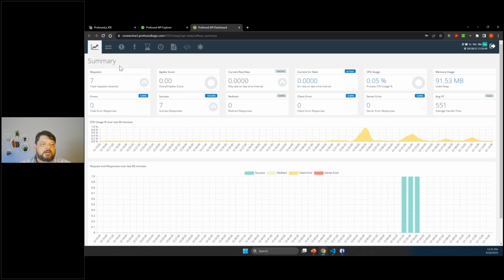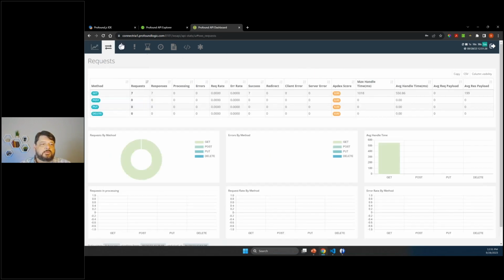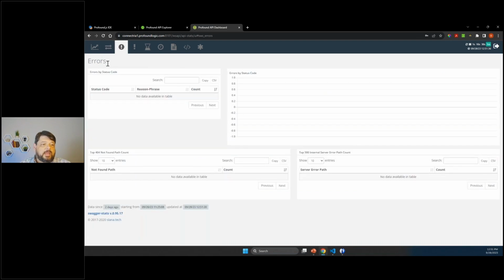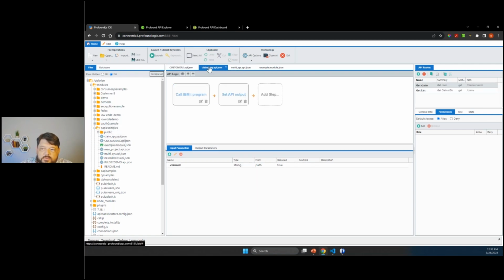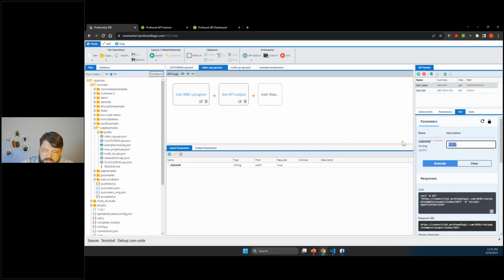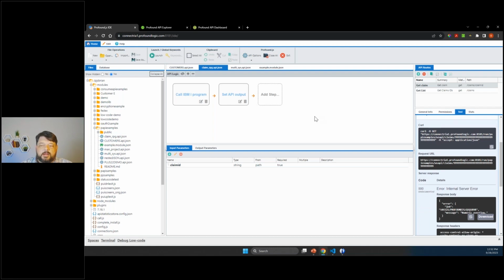But you have lots of tabs in here. We won't go into everything, but we can get into all kinds of information. The important one being errors. We can see any errors that have happened. I'm going to force an error just so that we can see what an error looks like. Let's find a good one. And sure, we'll use this one. And I'll just go to my test tab and I'm going to intentionally overflow something. There we go. Perfect. Got an error.